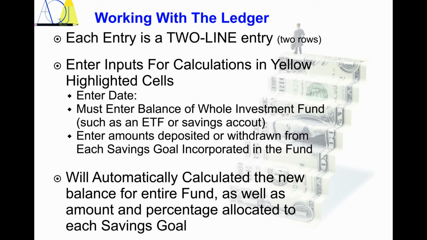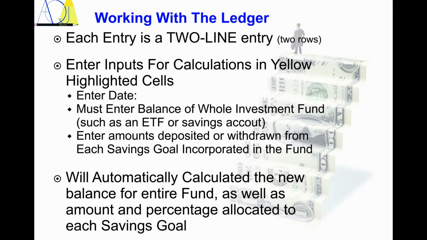Most of what you enter will be on the ledger. So here we show you how to work with a ledger. Each entry on the ledger has two lines for entry, two rows. One row where you enter some information and see some information, and a second gray row, which is just a continuation. You enter inputs for calculations in the yellow highlighted cells. That includes the date,